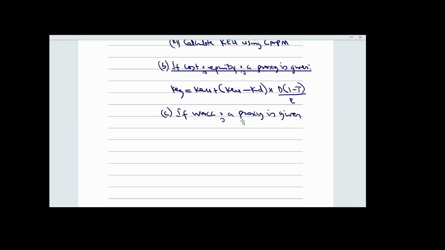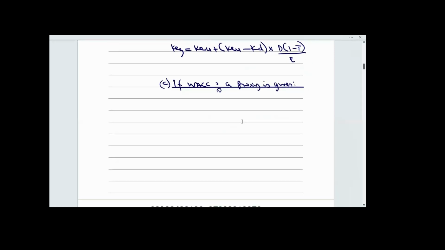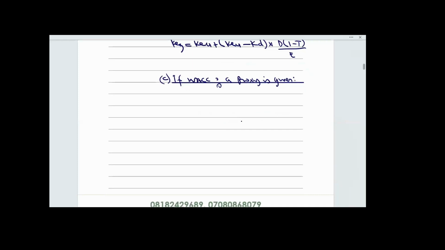So number C: if WACC of a proxy is given and you want to calculate cost of equity on gear, then in that case,